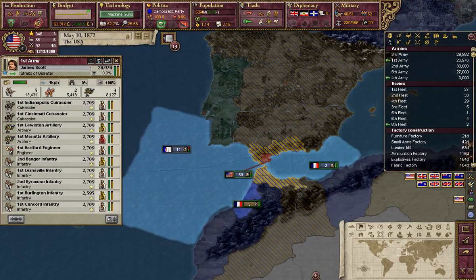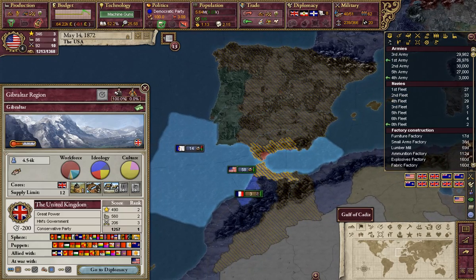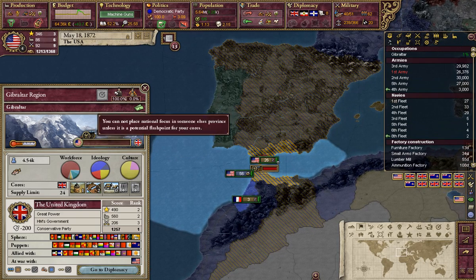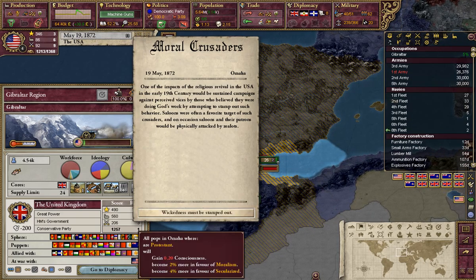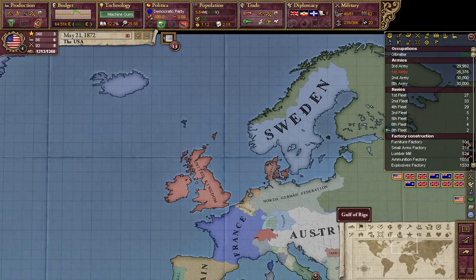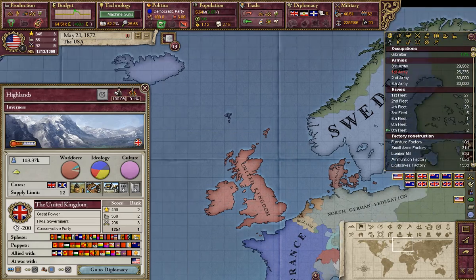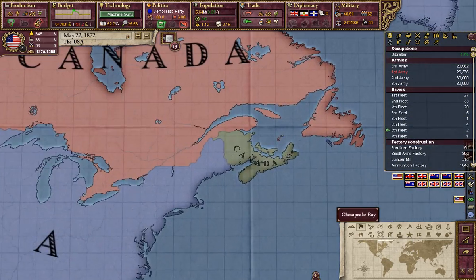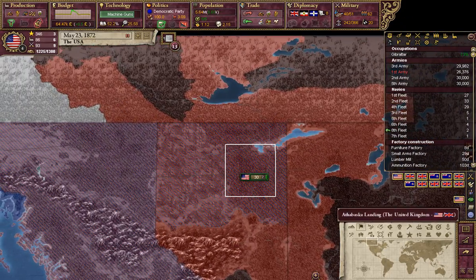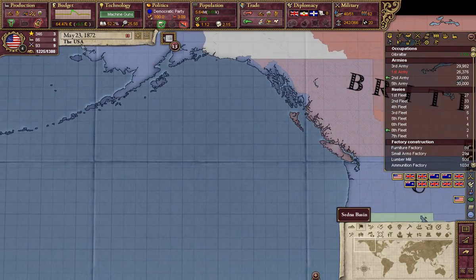Yeah, catching enemy states gives you war score. Like, catching their places in the sun doesn't really matter, but catching states definitely does matter. And since Gibraltar and Ostenover are both states, it'd be worth it, because I get free war score and I don't have to go to their mainland to fight them, so that's always good. I don't think catching this really does much good, but...